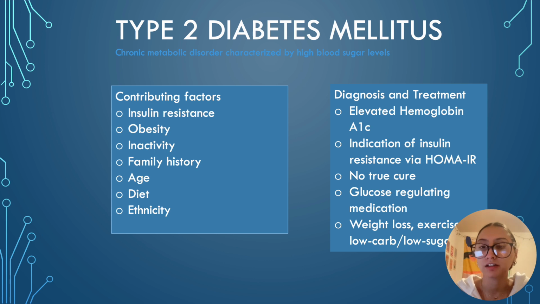Some of these contributing factors are left in the hands of the individuals, such as activity levels and diet. However, there are some that cannot be controlled, like genetics. Once diagnosed, the physician will likely recommend weight loss, exercise, and a low-carb and low-sugar diet. Diabetes can be well controlled through lifestyle modifications, but most individuals will end up needing medications that control glucose or stimulate production of insulin in the pancreas.